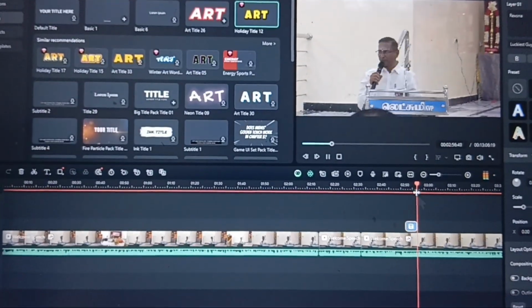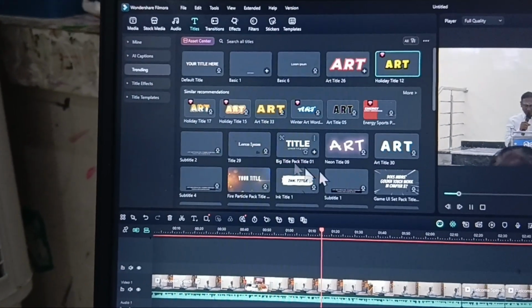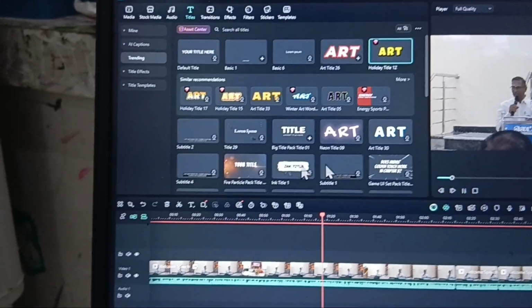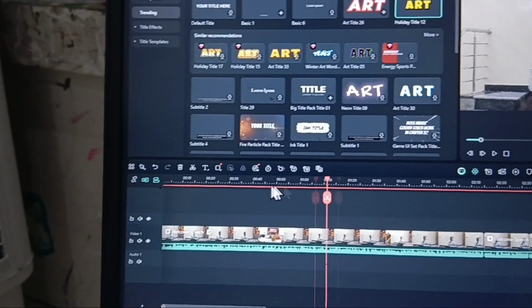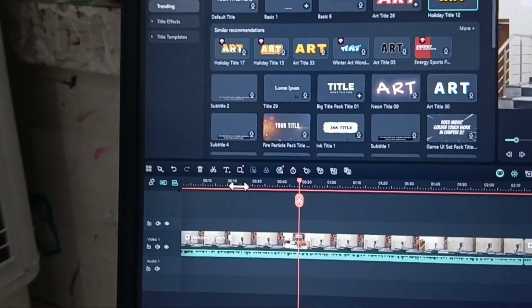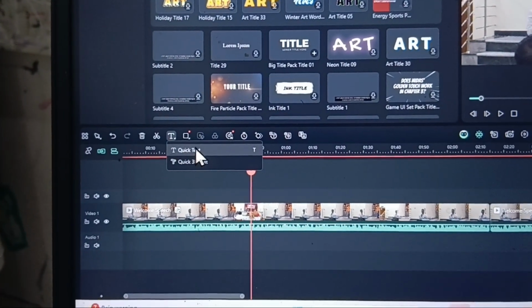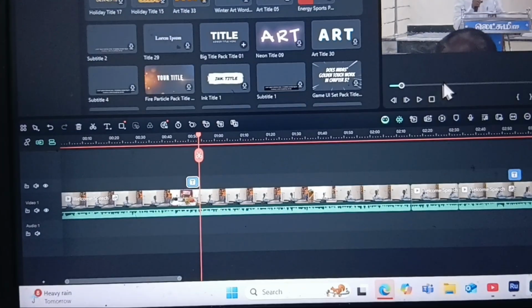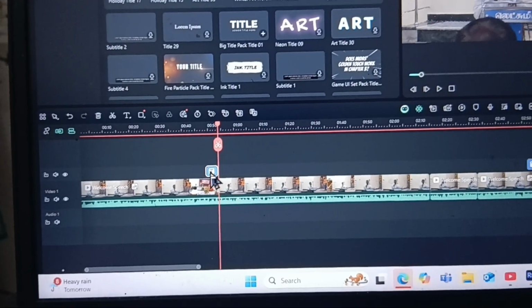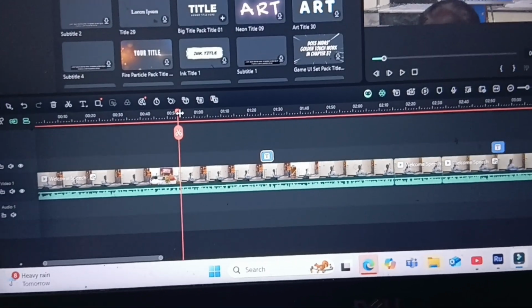Suppose if you would like to add any plain text, yes, you can do it. This is readily available text. If you would like to add any text plainly, you can go here and click on quick text. Okay, so this is quick text tool,